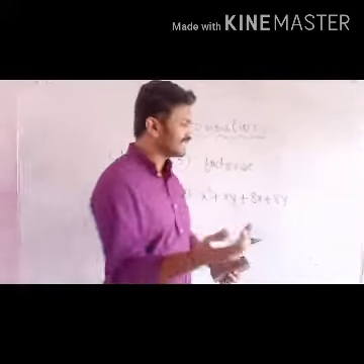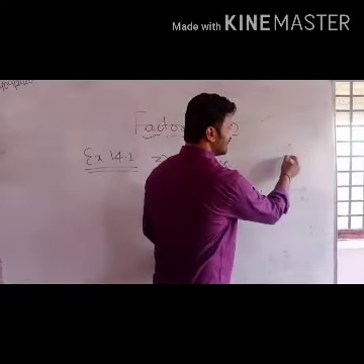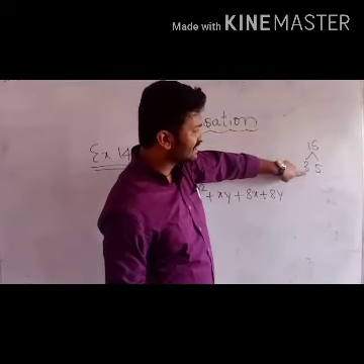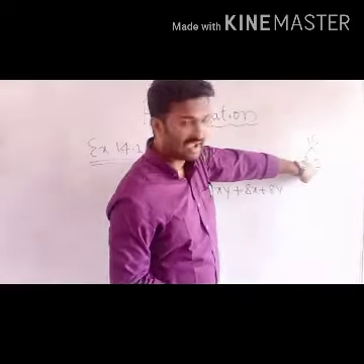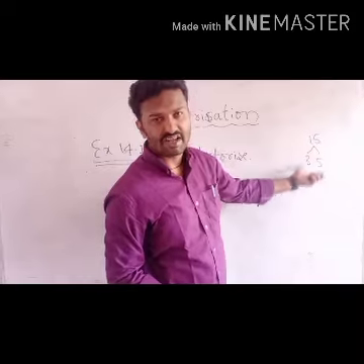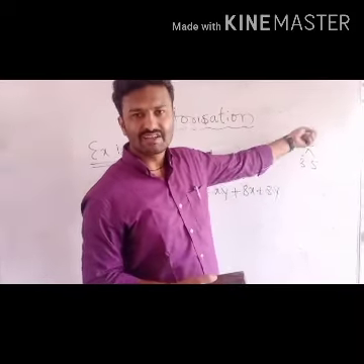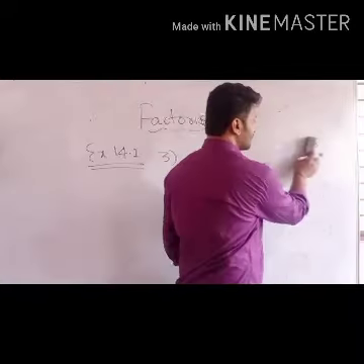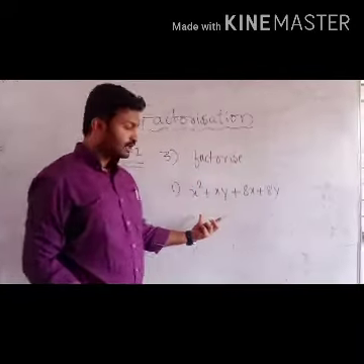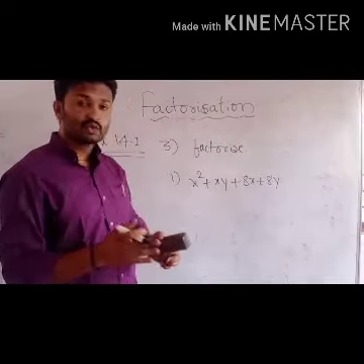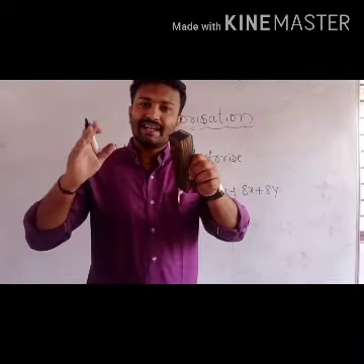For example, factors means, remember, 15 can be factorized as 3 and 5. Multiply 3 and 5, you will get 15 only. This is the way how to factorize the given number or a term. Here also, here 4 terms are there. What I will do, here I will use one method. Factorization by grouping.